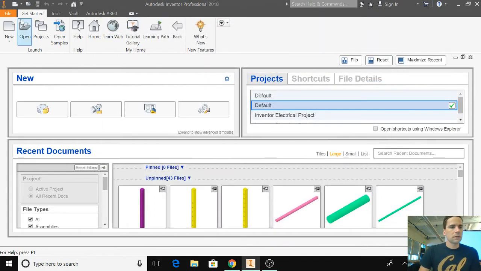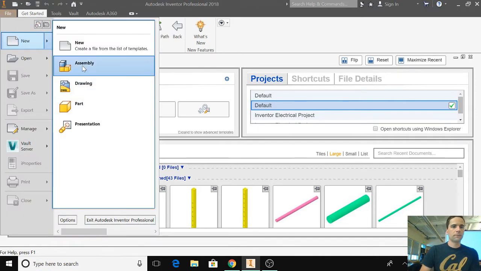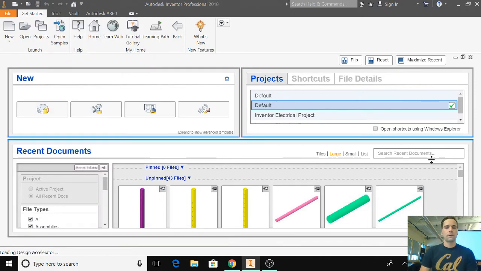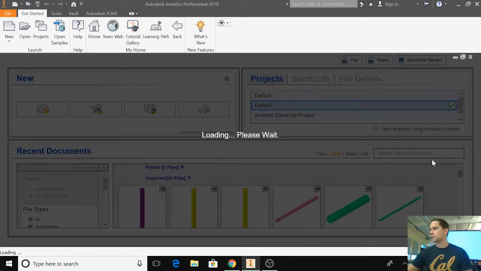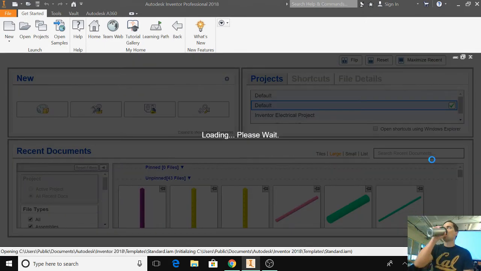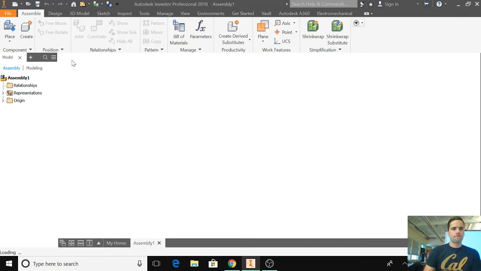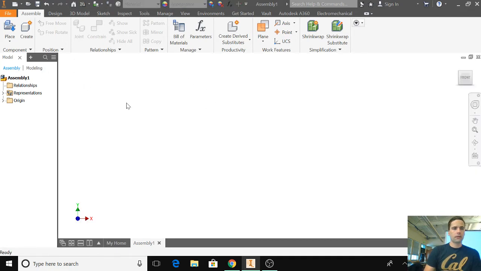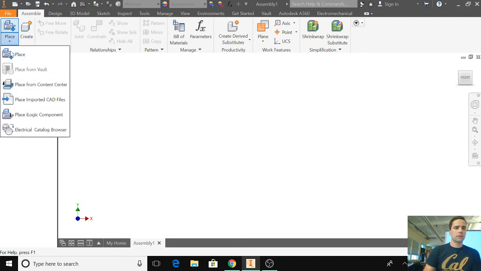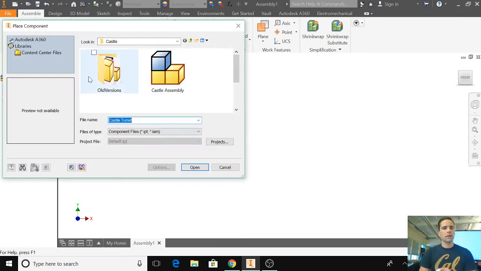What you're going to do next is create a new assembly file. And you're going to want to place these parts in here. Sometimes it's in a different mode, like place from Content Center or any of these other options. If you see that, just click the drop down arrow. Make sure you choose place. So place. And then we are going to go to